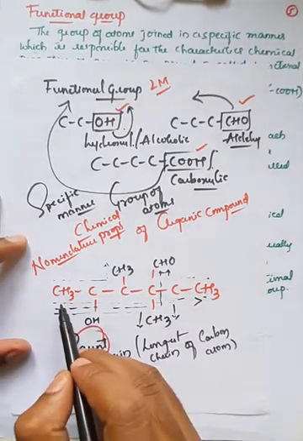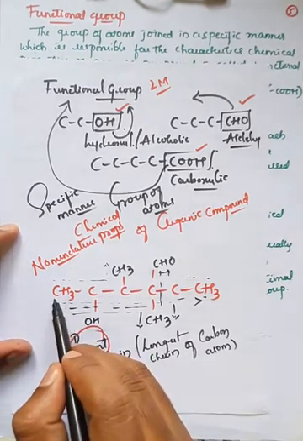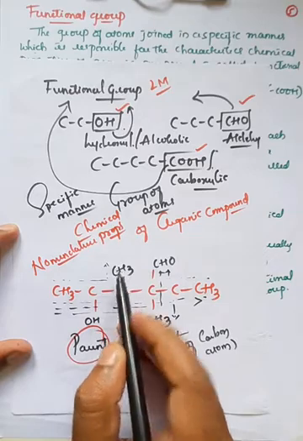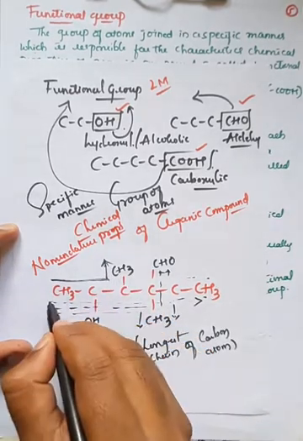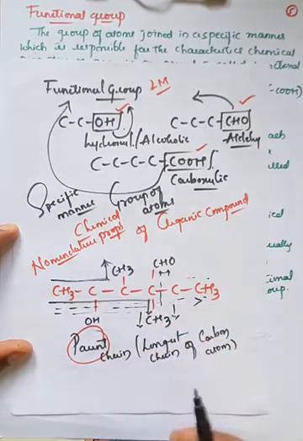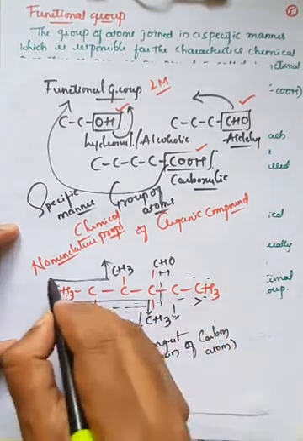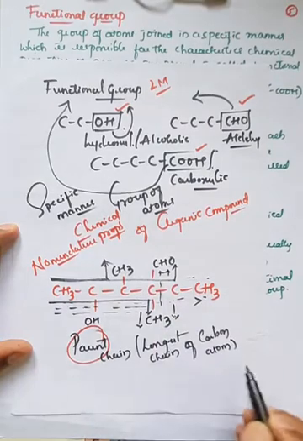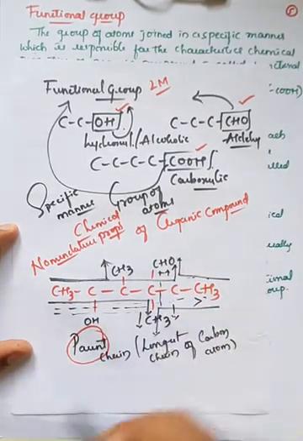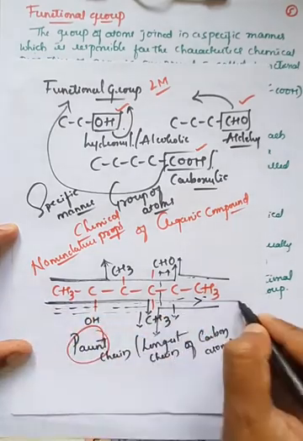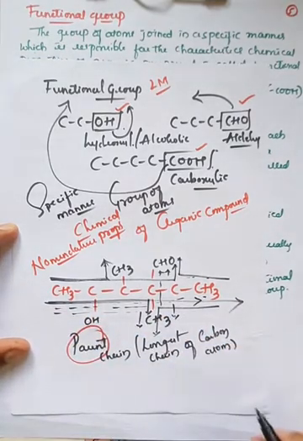If you observe, you'll get different chains here. One is carbon, carbon, carbon and this carbon. So this is one chain, and you can also get this as one chain, right? And this is also one chain from here to here, and from here to here you'll get one chain, and this will also give one chain. So you must count the carbon atoms.